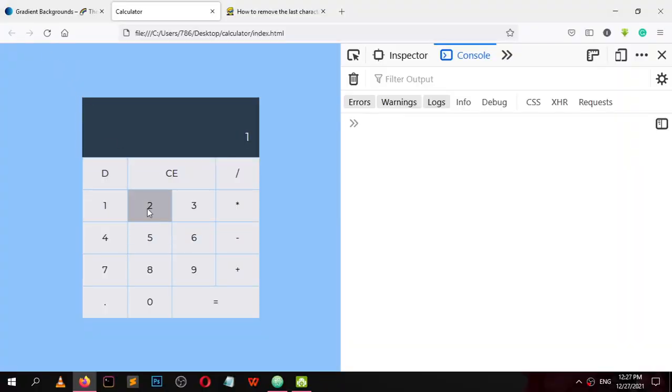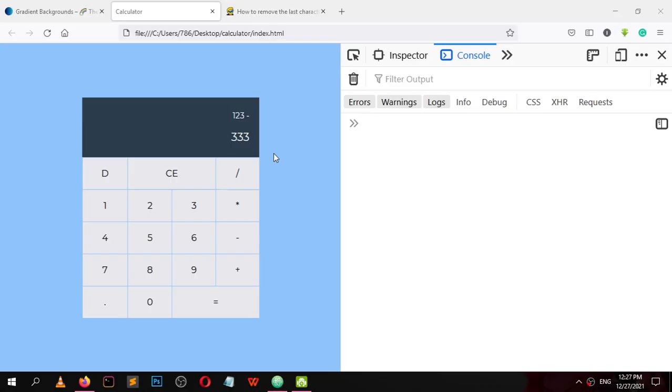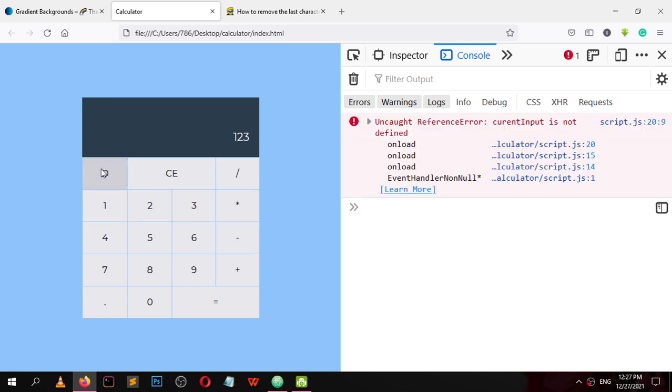Reload this, 1, 2, 3 minus. It is not updating. Why is it not updating? Let me see. Current input is equal to current input dot, result is equal to, let me do this, plus equal. 1, 2, 3, delete.